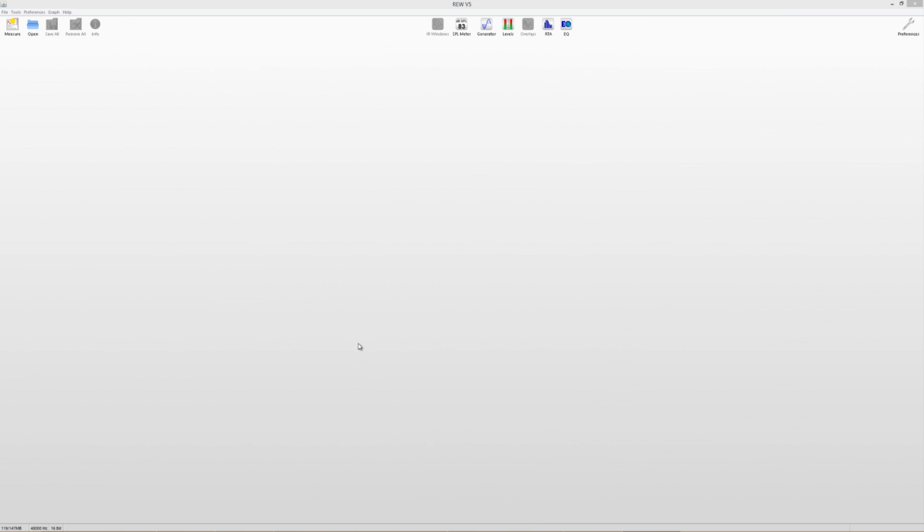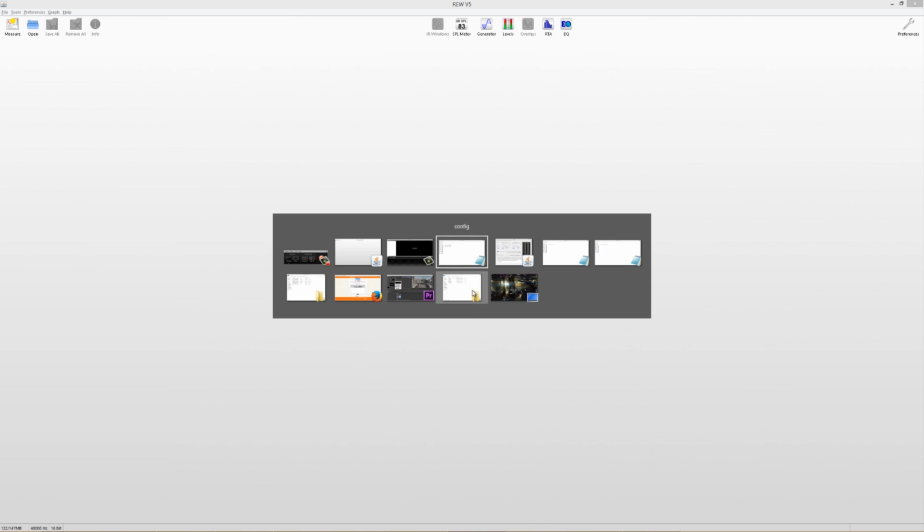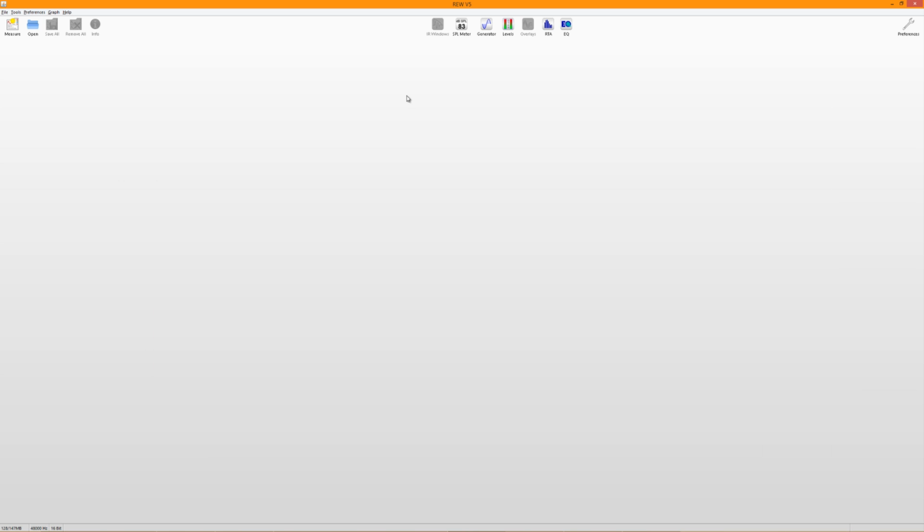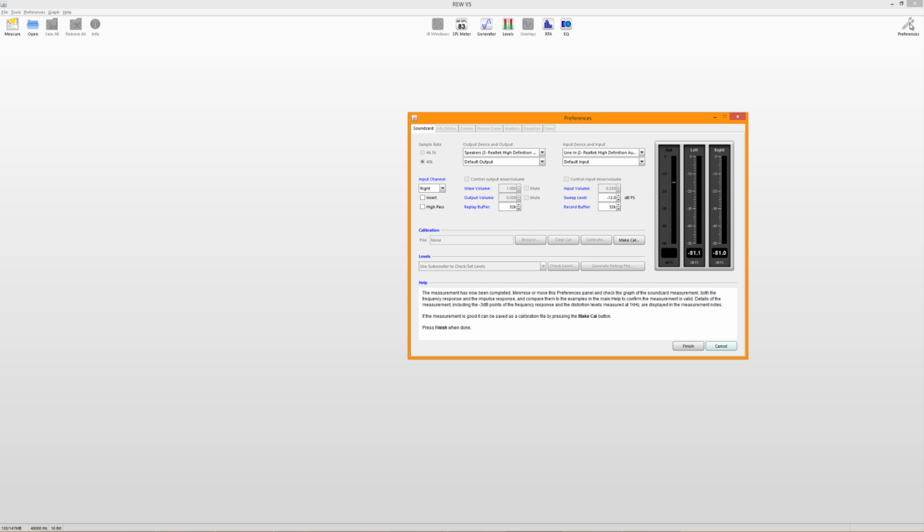So this is RoomEQ. Basically, as soon as you've installed it and opened it, it'll look like this. Now, first thing you want to do is, if you're going to use this program to equalize your onboard audio, you'll want to turn off all your filters that you've enabled in EqualizerAPO. Basically, you want your onboard audio to be flat, right? Because the first thing I'm going to show you with RoomEQ is that you can check your onboard audio,